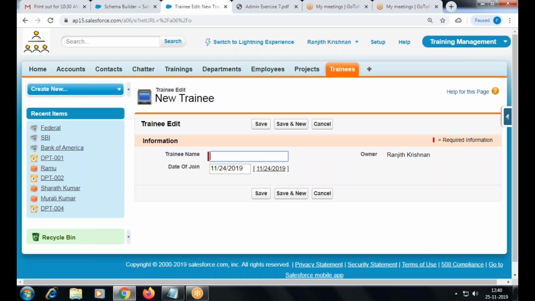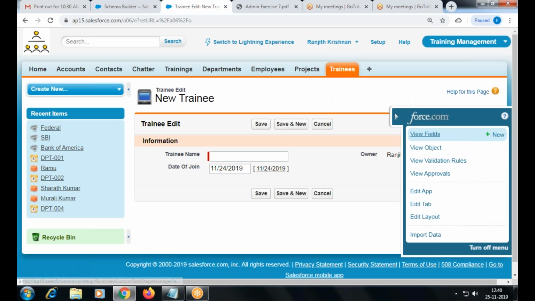So now I need a relationship between the two objects, right? So where can I create the relationship field? Child or parent? Child. Child is a trainee. Okay. When I insert a trainee, then I'll choose a project. The trainee belongs to this project.